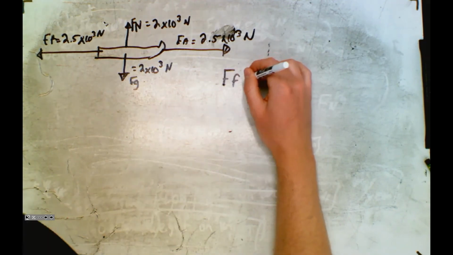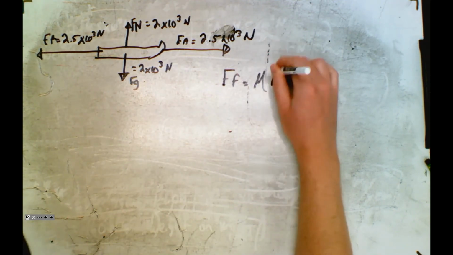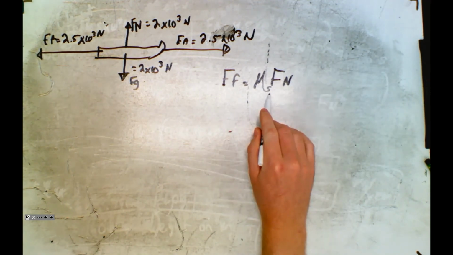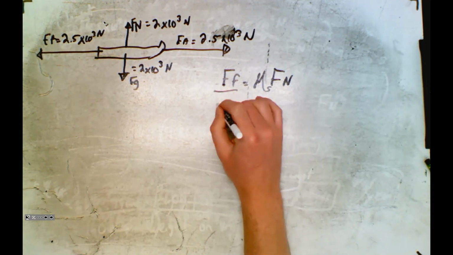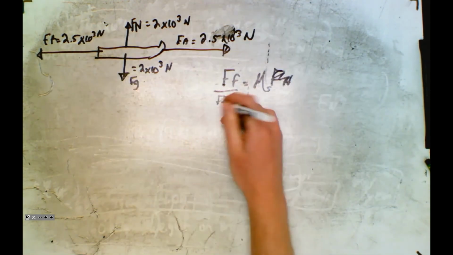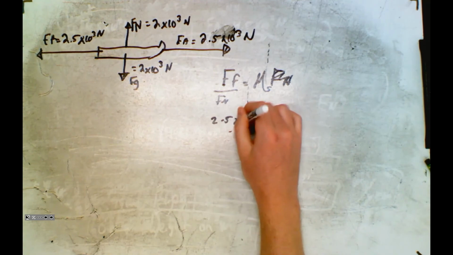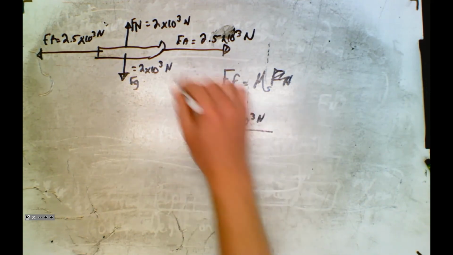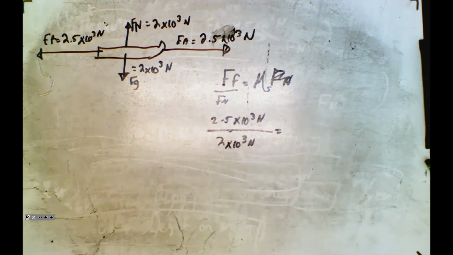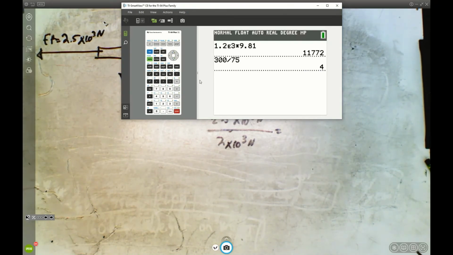Okay. So if we want to find our coefficient of static friction, that's this scenario. So we usually put a little s here if it's static, and we just put force normal over there. So our force of friction is going to be the same as our force applied, 2.5 times 10 to the 3 newtons. Our force normal is the same as the force of gravity. And when we calculate that,